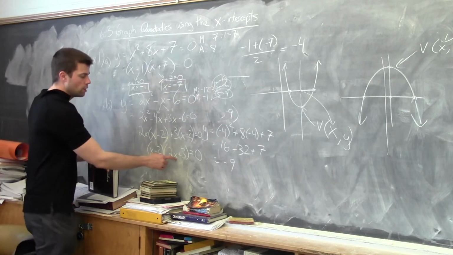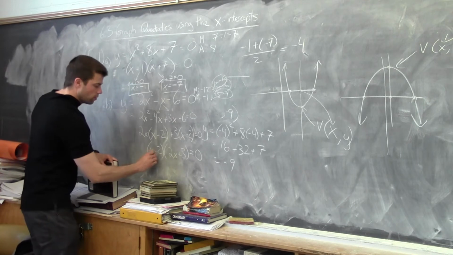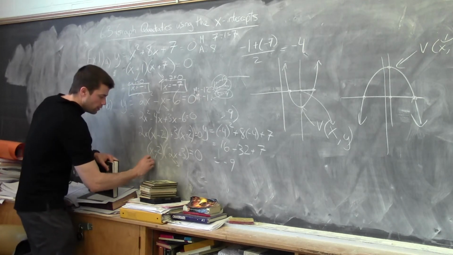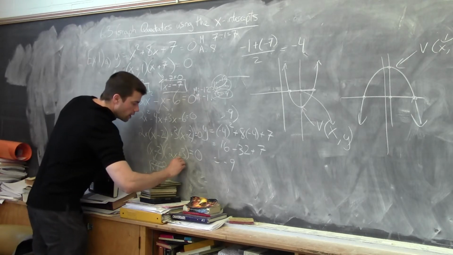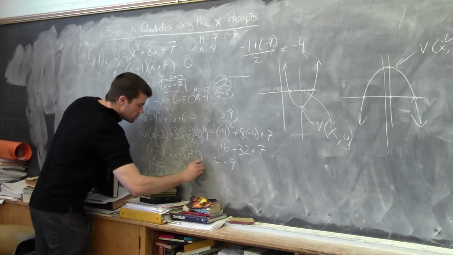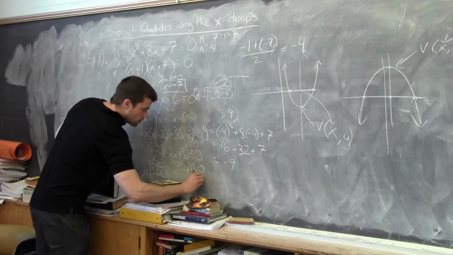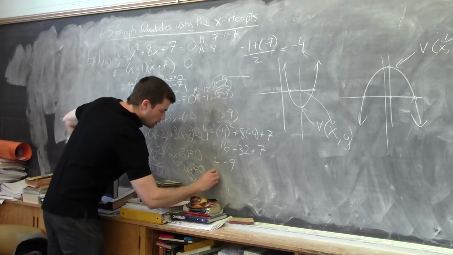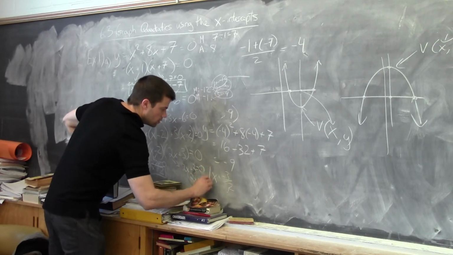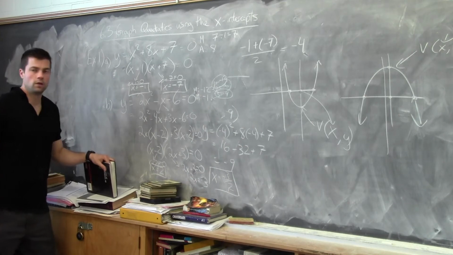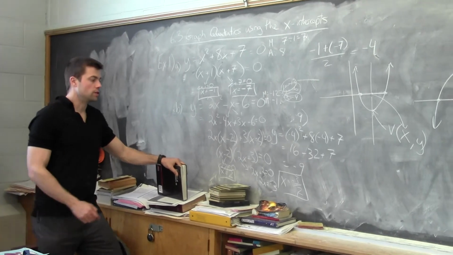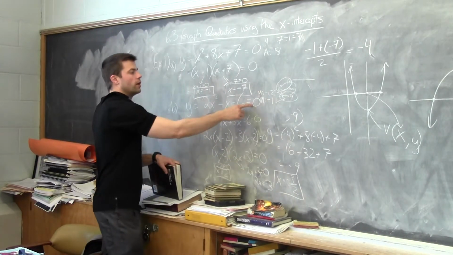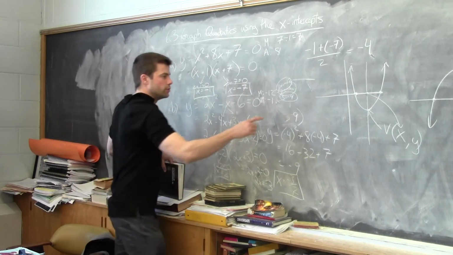Now we have two binomials, and we can set each one of them equal to 0. So x minus 2 equals 0, so x is equal to positive 2. And 2x plus 3 is equal to 0, so 2x is equal to negative 3, and x is equal to negative 3 over 2. Any questions there? So these are our x-intercepts. These are the x values when the y value is 0. So I know that there are 2 points on the graph